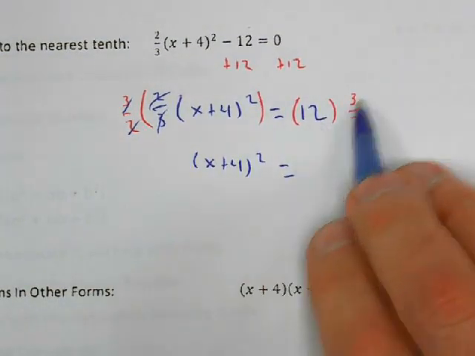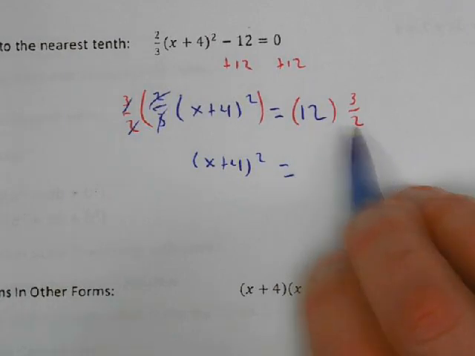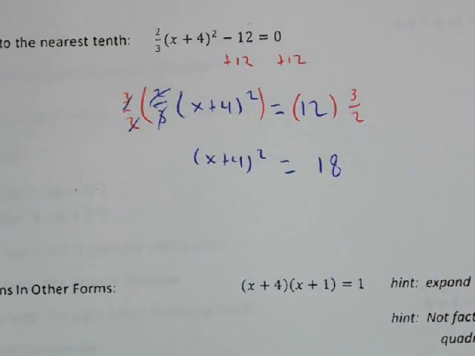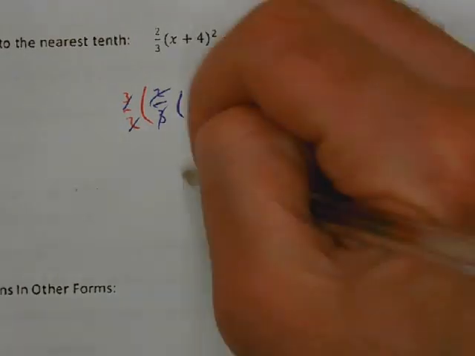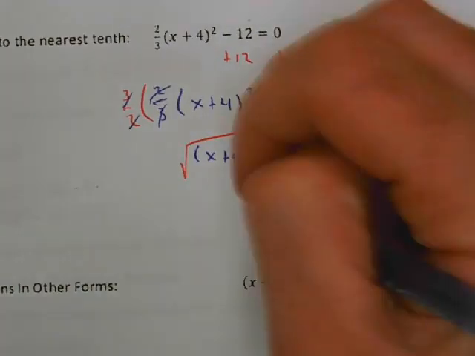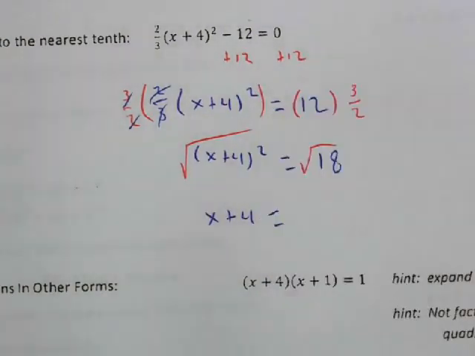equals, and then 12 times 3 is 36, divided by 2 is 18, or 12 divided by 2 is 6 times 3 is 18. But either way, we get 18. Okay. Unfortunately, it's not a perfect square, which is not ideal because our next step is taking the square root of both sides, but that's okay. That gives us x plus 4